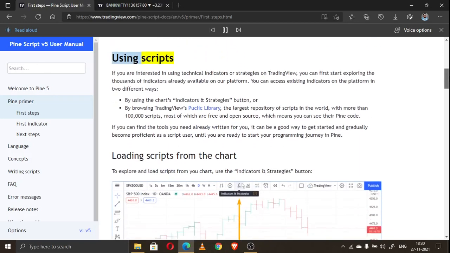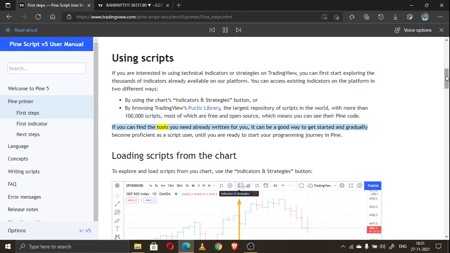Using scripts. If you are interested in using technical indicators or strategies on TradingView, you can first start exploring the thousands of indicators already available on our platform. You can access existing indicators on the platform in two different ways: by using the Charts Indicators and Strategies button, or by browsing TradingView's Public Library, the largest repository of scripts in the world, with more than 1 lakh scripts, most of which are free and open source, which means you can see their Pine code.